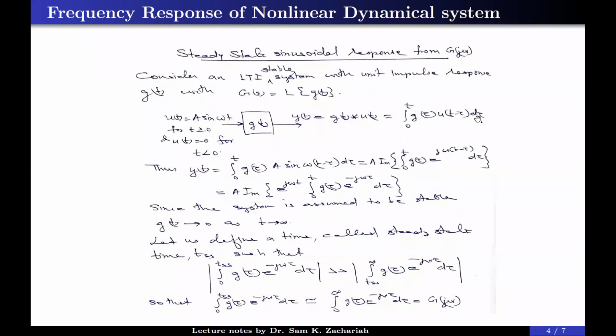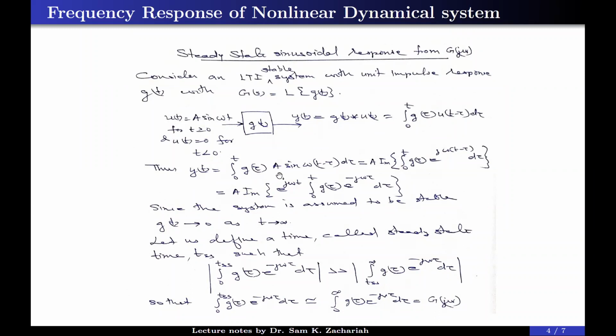So there is no need to consider integration beyond t for the independent variable tau. So you can write the integral from 0 to t of g(tau) u(t minus tau) d tau as the same as the integral from 0 to t of g(tau) u(t minus tau) d tau. So the general convolution integral can be simplified like this. Now, on further simplification, you'll get y(t) is equal to, if we substitute the actual signal instead of u(t),